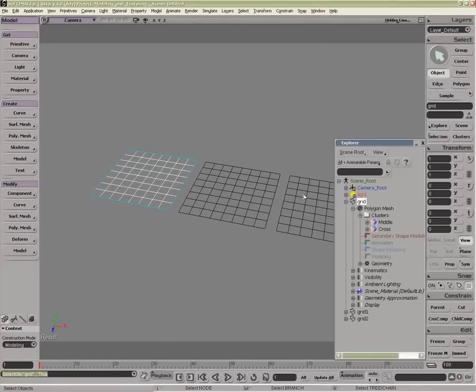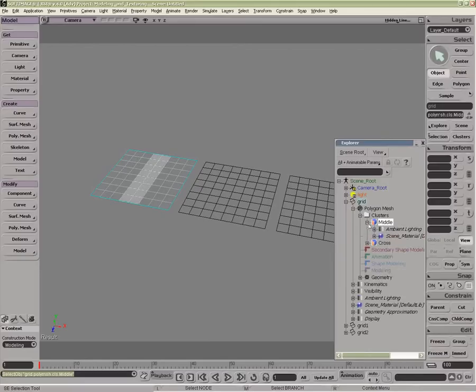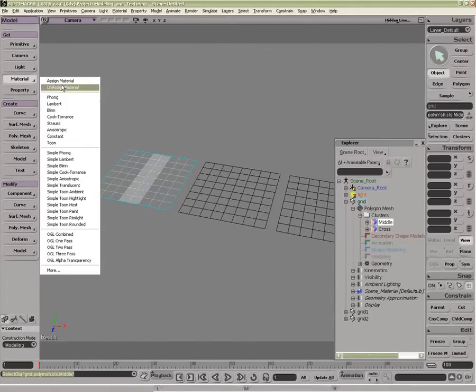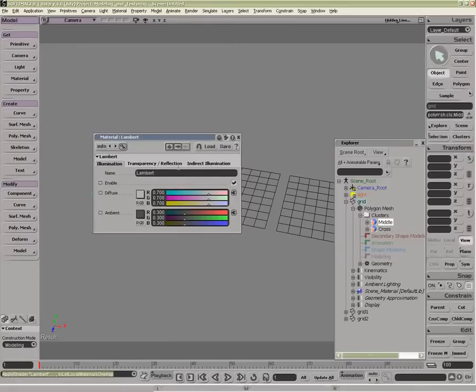We'll now look at cluster overlaps. I have two clusters on this grid. Now these are just currently selection sets because I have no applied materials or operators on them. If I were to select middle here and apply a material, say just a Lambert,